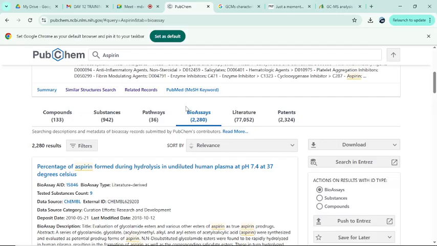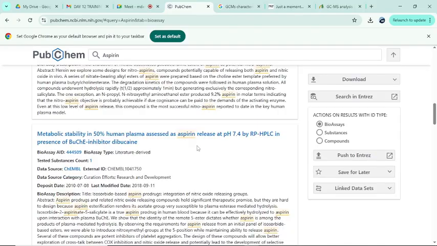This is stability in human plasma assessed as aspirin production. So you see different work. Metabolic stability in 50% human plasma assessed as aspirin release. There are different publications, and it will tell you the data source,